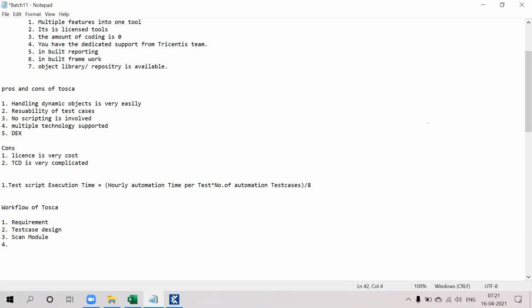Once you scan your model, you create your test cases based on the modules identified. The next step is to convert your test cases into templates.